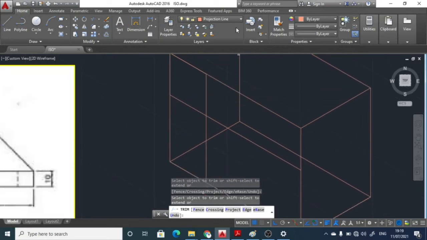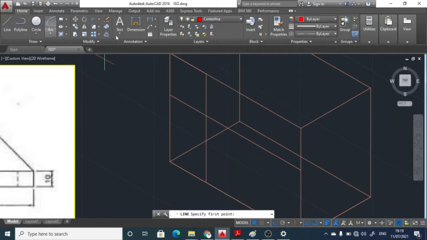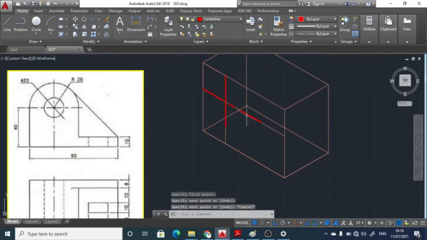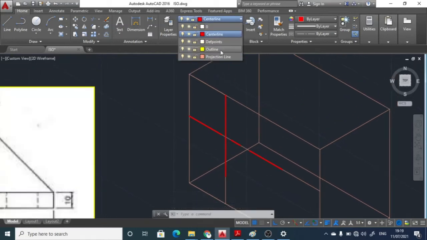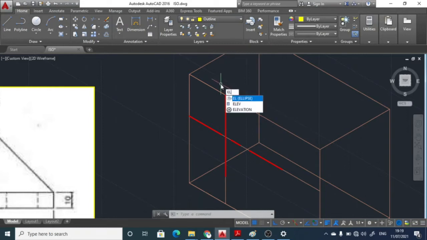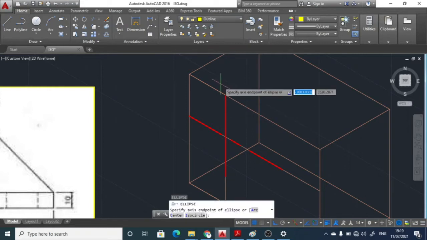Now once we have drawn this, we override this line with the help of the center line. So we take the properties of the center line and draw the small center lines over here, because it is a semicircular part. Likewise, once we have drawn this, we try to draw the isocircle now. So choose the properties of an outline over here, type EL, enter, I, enter.